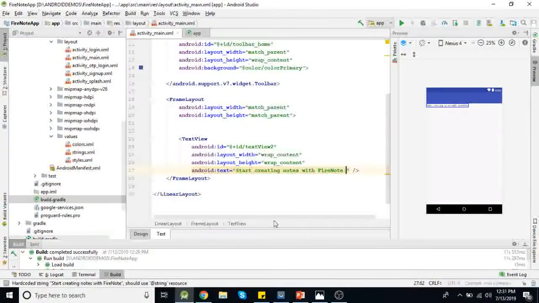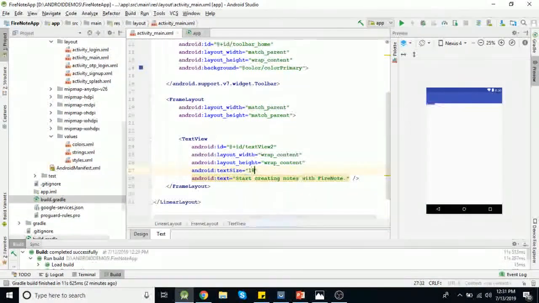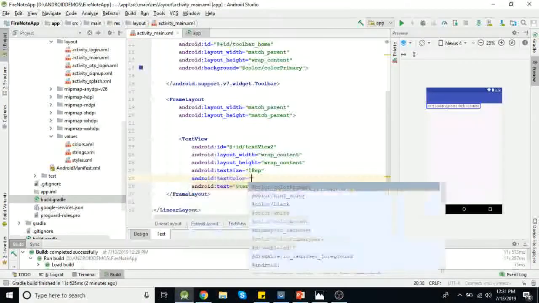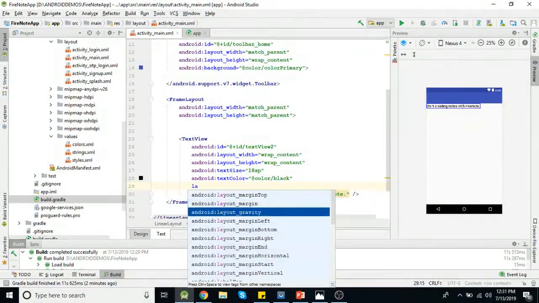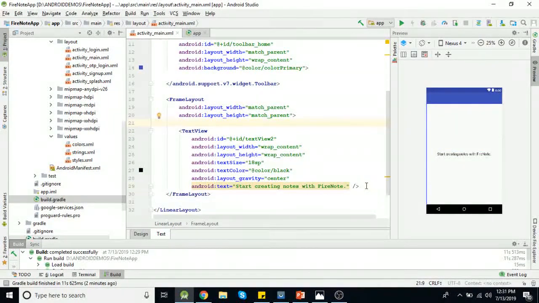Its text size will be say 18 sp. Then text color say black, and we need this text view to be at center. So I'm adding layout gravity as a center. Then we need one more floating action button.